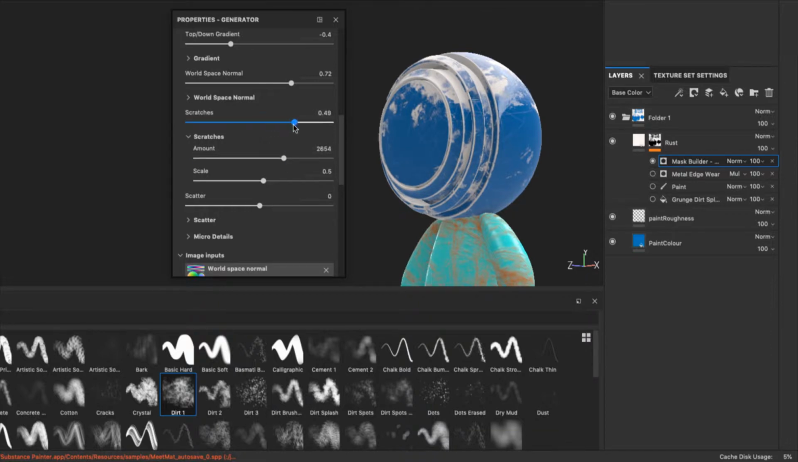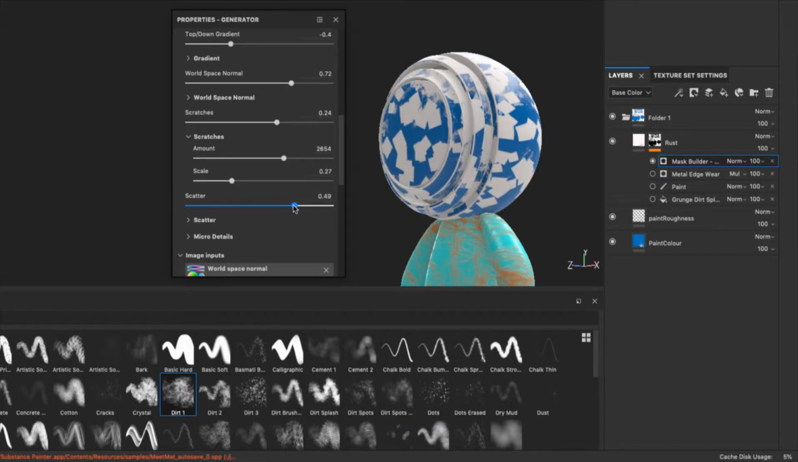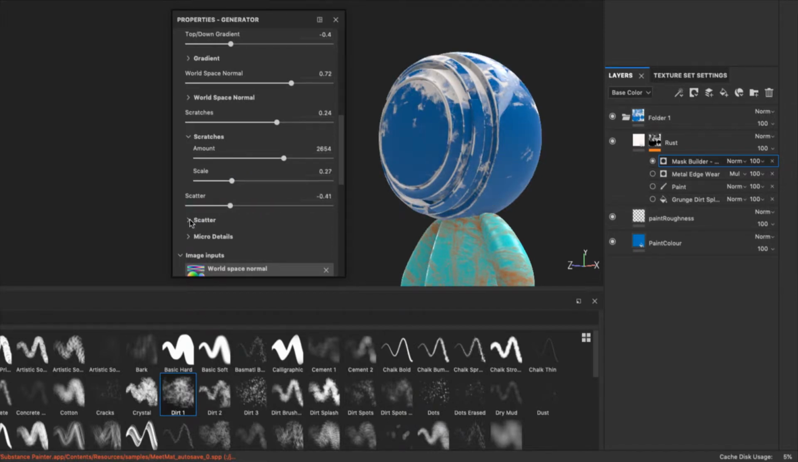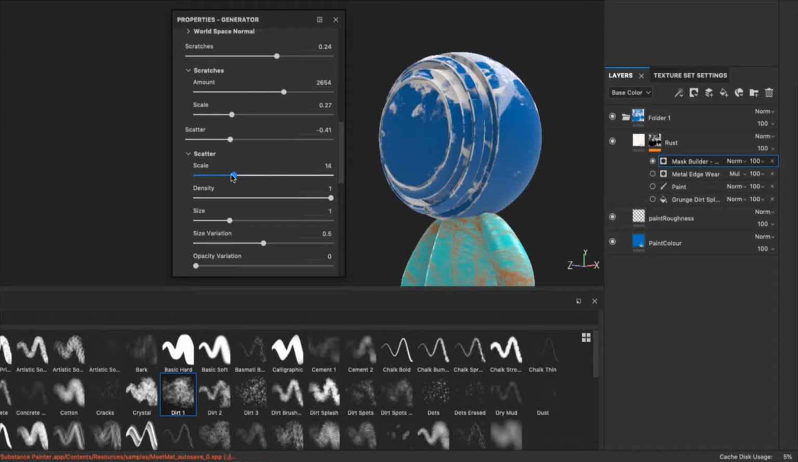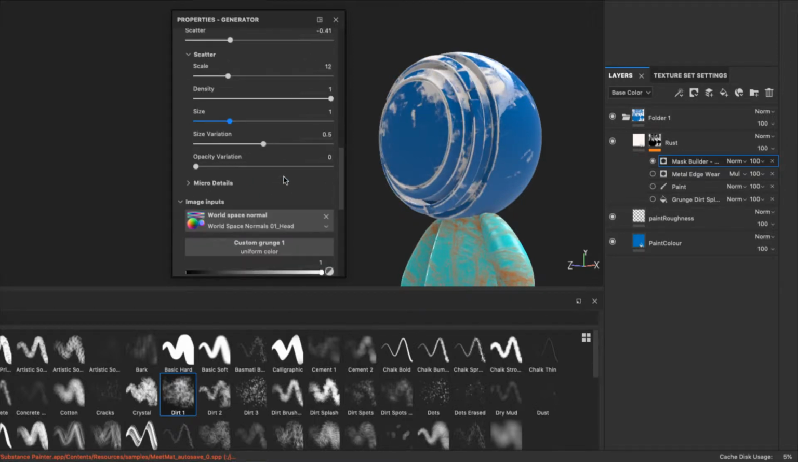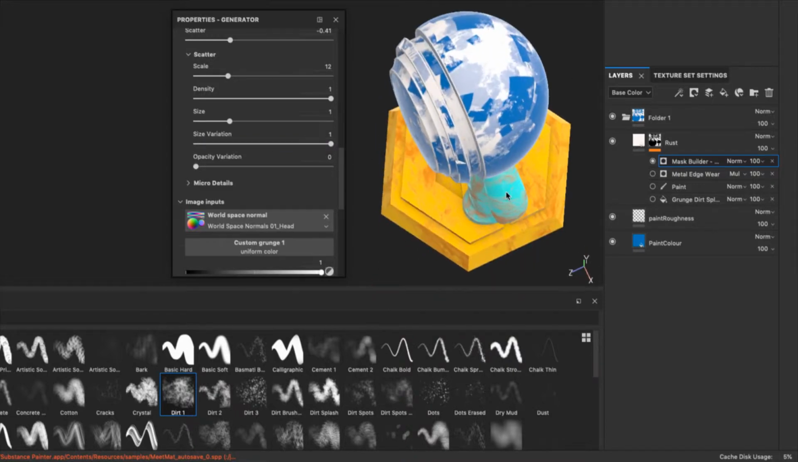And maybe scale it down. Then there's a scatter thing. Let's see what is scattering there. Something. Size variation. Okay, but you got the point that there's a lot of stuff that you can achieve